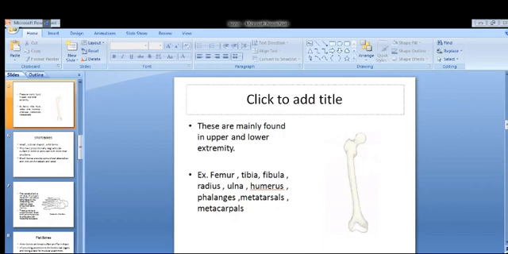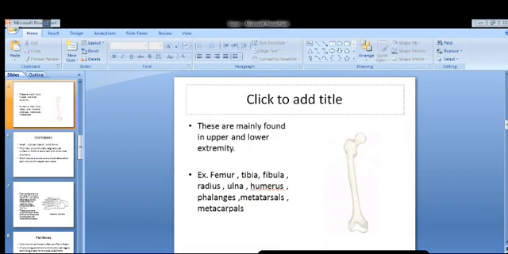In the lower extremity, we have the femur, and this femur is the longest bone of our body. You might be knowing that the femur, which belongs to the thigh, this thigh bone is the longest bone of our body, right? And in the foreleg, we have two bones, the tibia and fibula.